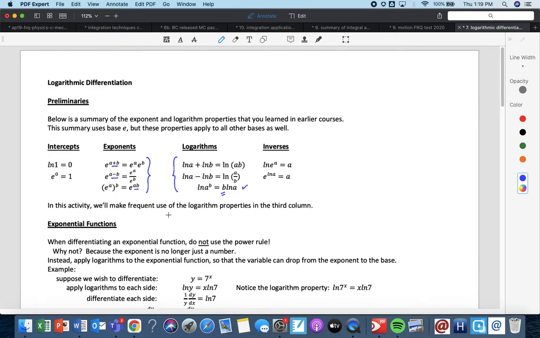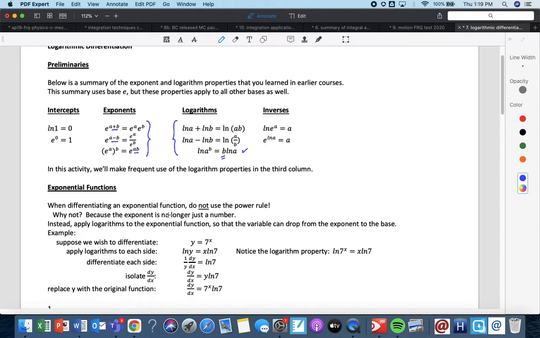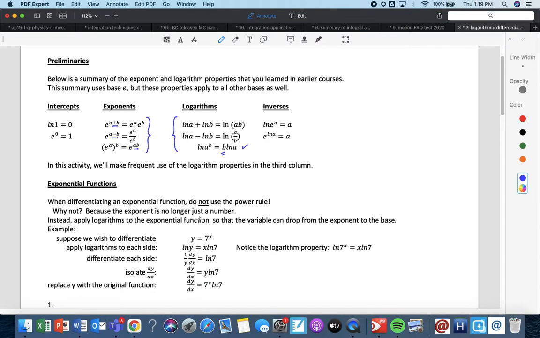So what logarithmic differentiation allows you to do is take the derivatives of things that have variable exponents. So the example I'm going to do in a moment here is y equals 7 to the x. Now, it's tempting to use the power rule to take the derivative here because you see a power. But because the power here is not a constant, because it has a variable, we can't use the power